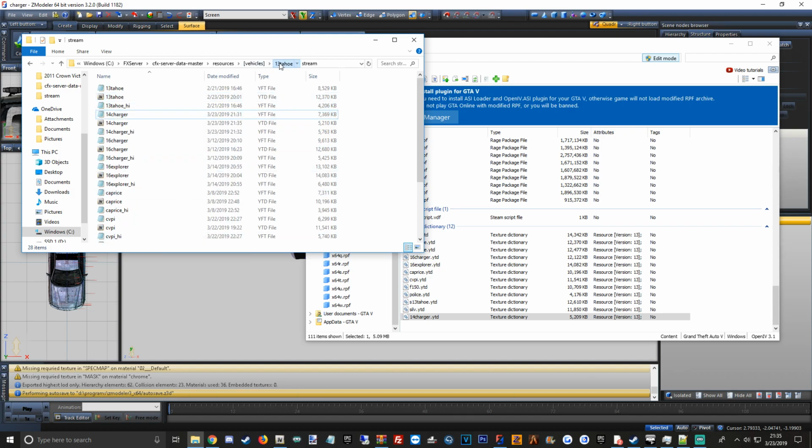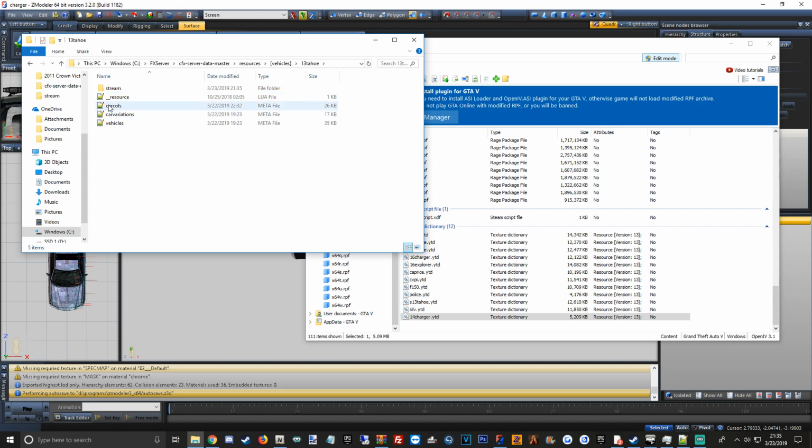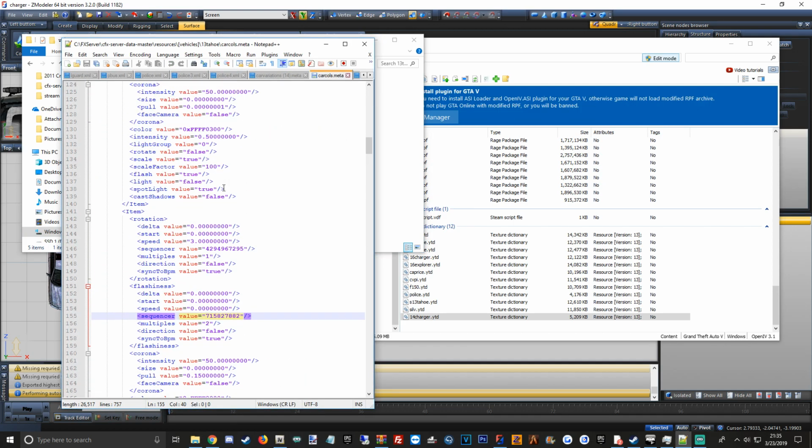Now you want to go back to your main. You want to get your Carcols file. I'll drop a link to where you can download stock Carcols. You're gonna have to do some stuff, but